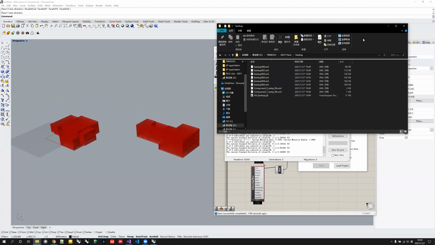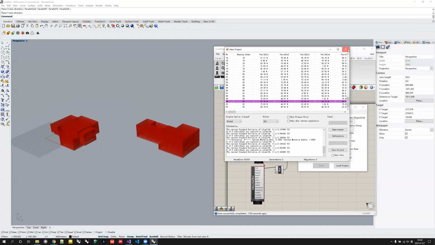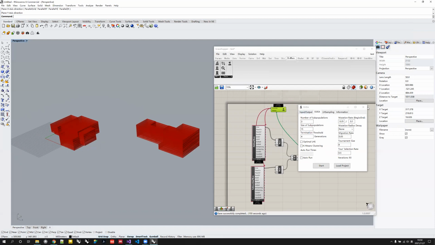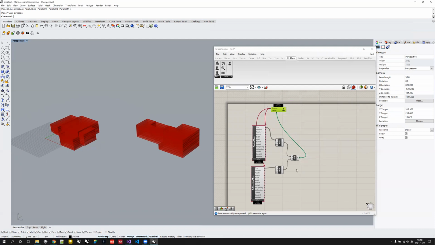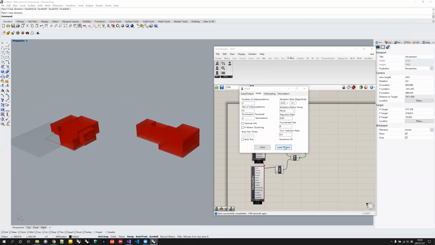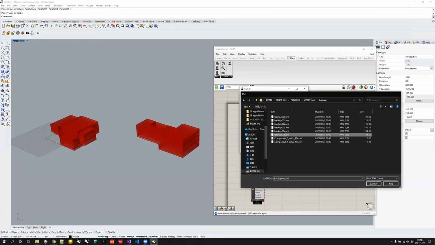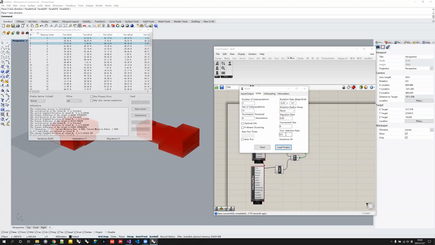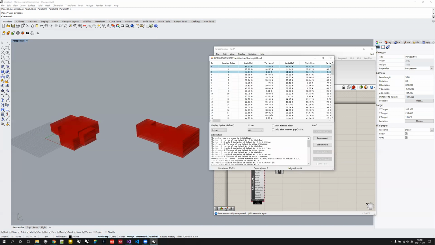So here is the already finished organization, and let's say we close this one, and also this one, and when you reopen the whole GH file next time, you can also use this to load the project in the backup file. You can select the last one, which is the one when the organization is finished, to reinstate the whole project. So you can see that they can change the 2 generated components